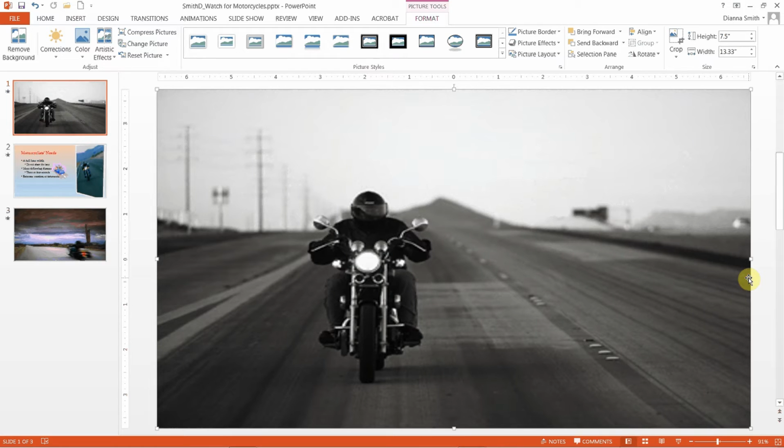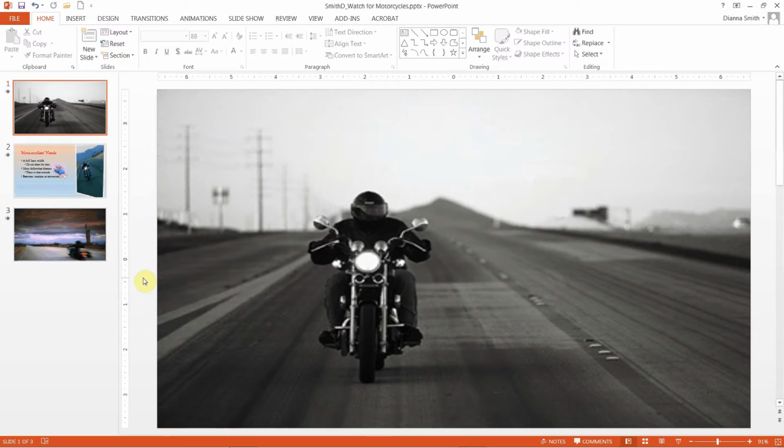There we go. Okay, so it did change the perspective some, which I generally say don't do, but we are following the book, so it's good. And you notice these little square things. These are the sizing handles, so those you can grab to resize, make it bigger or smaller. Alright, so turning the page, on page 151, number 1, we're going to make sure that our highway motorcycle is still selected. You know it's selected because you have the sizing handles. If, like I just clicked off, you can tell right now no sizing handles, so it is not selected, and also you don't have